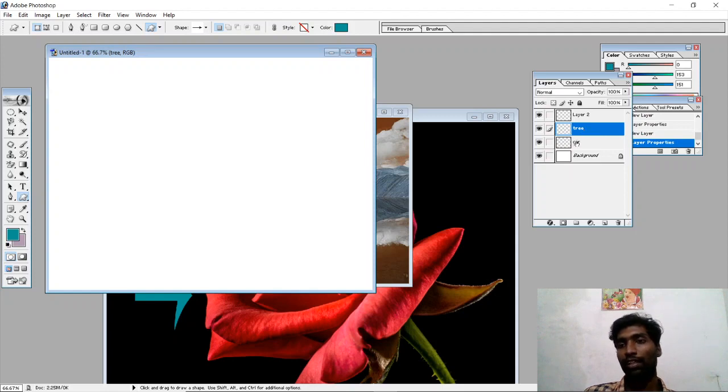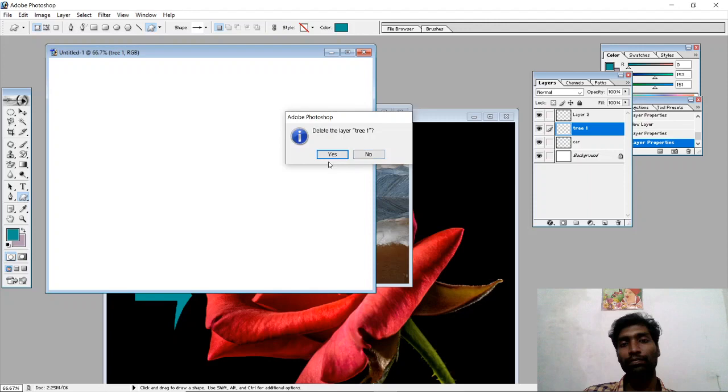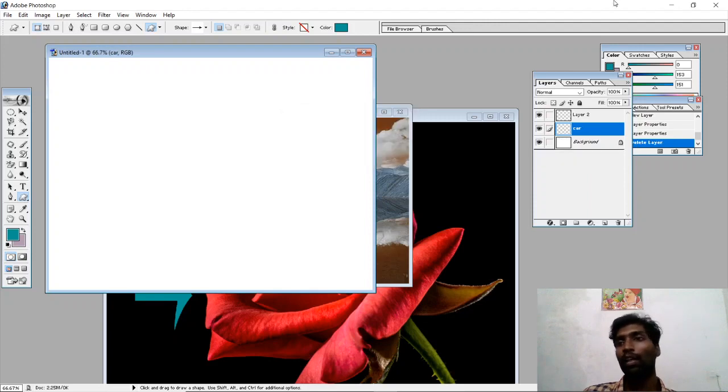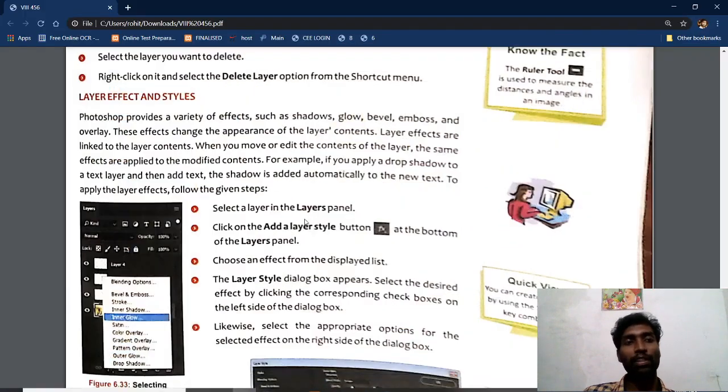Now this tree is a layer. If I want to rename, double click, tree 1. If I want to delete, right click, delete. Tree 1, do you want to delete? Yes. Over. Now almost our whole portion is completed, and layer effect is your practical.